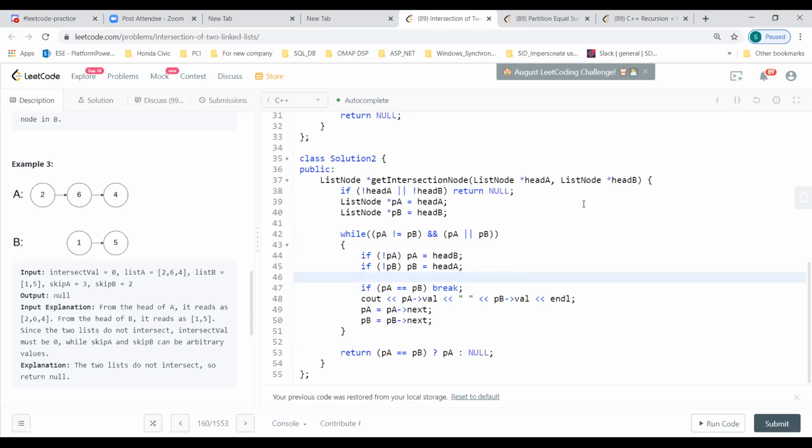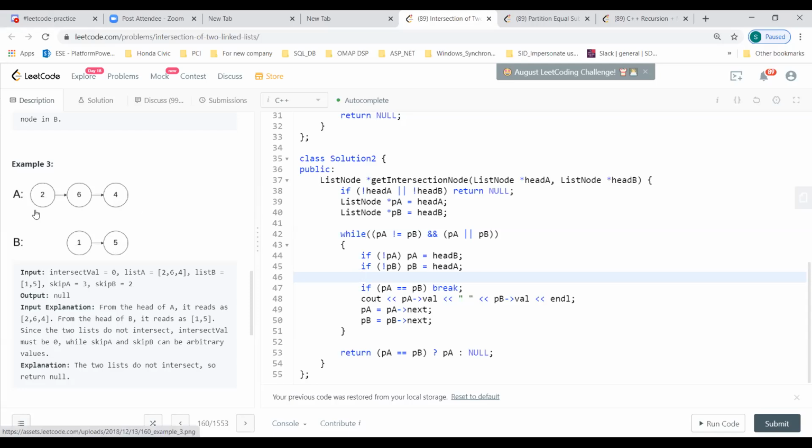Either way, it's working, it's fine. But what is the intuition? On what ground is it confirming that it will meet? Code-wise it's working fine, but what is the basic intuition behind that? Actually, the way you did is exactly the same.